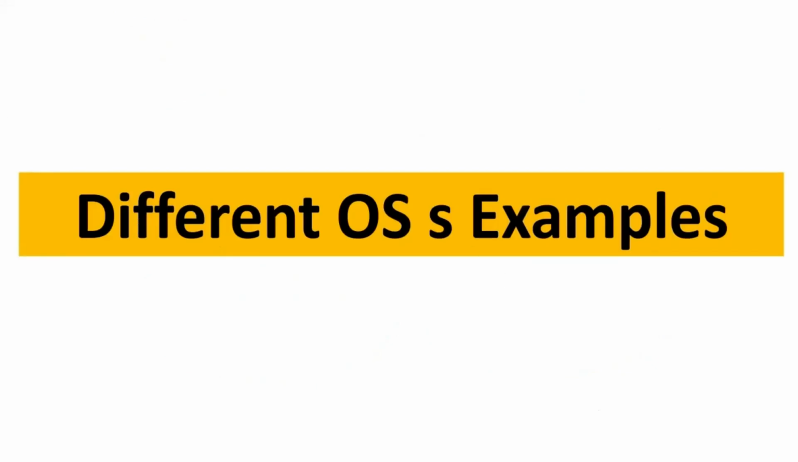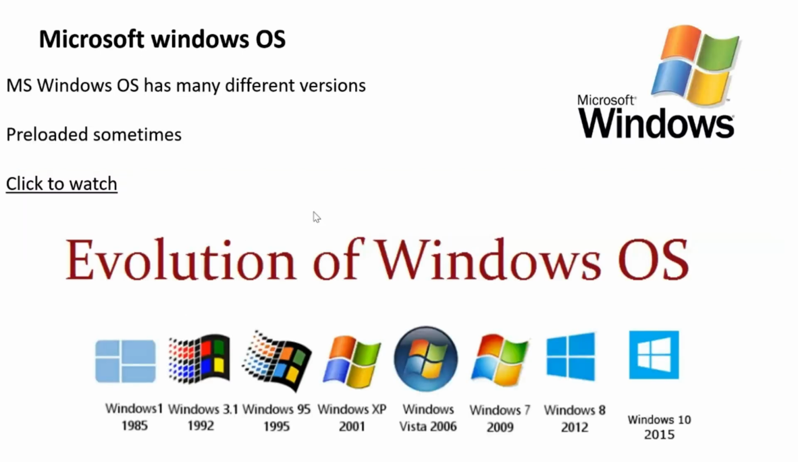And now we are going to learn about different examples of operating systems. Right? Different examples. So I think we can start by talking about Microsoft Windows. Now you see Microsoft Windows. I have included a video clip here as well. You can watch that too. So you see,